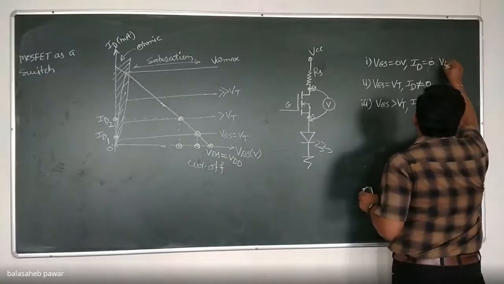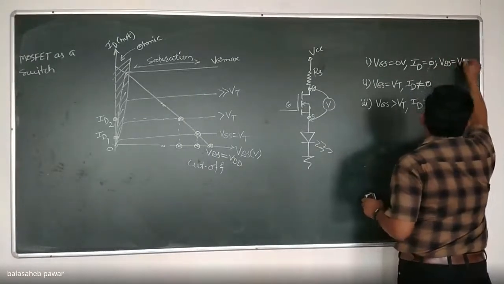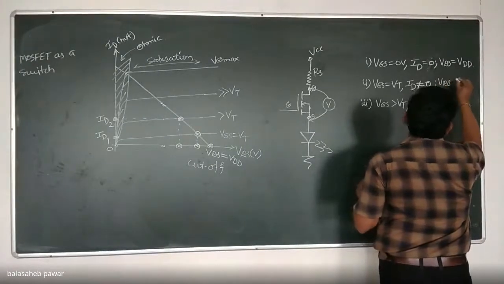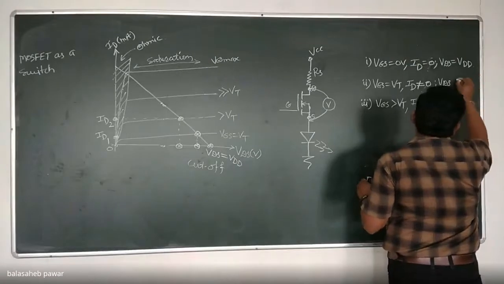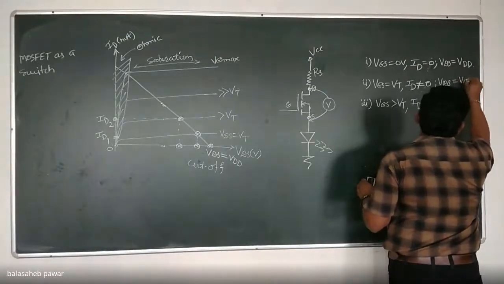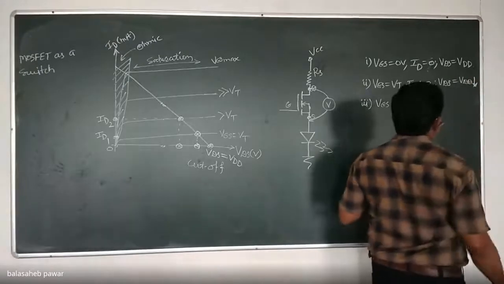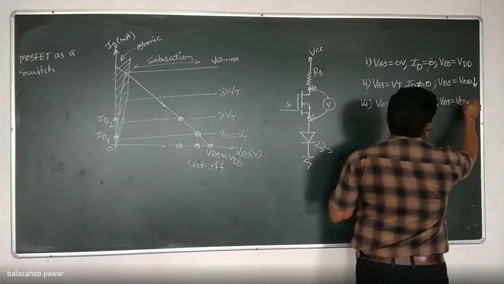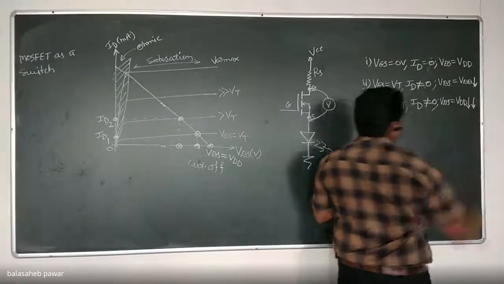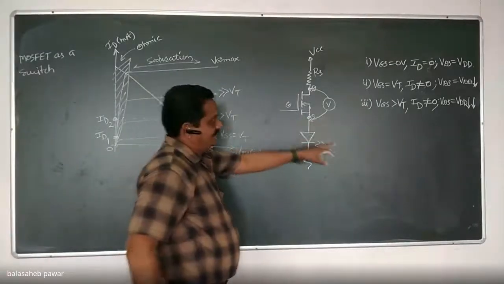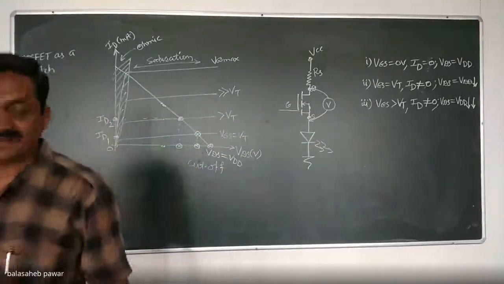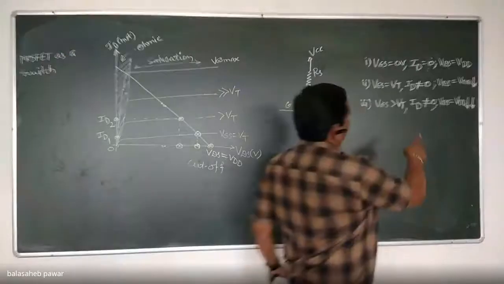See here, in this case VDS will be equal to VDD, right? Then over here, VDS is just slightly less than VDD, okay, somewhat less than VDD. And in this case, how much will VDS be? Again, somewhat less than in the previous case. Is it visible at this end? Whatever I have written, is it visible? Yes, sir. Okay. So I agree with this.